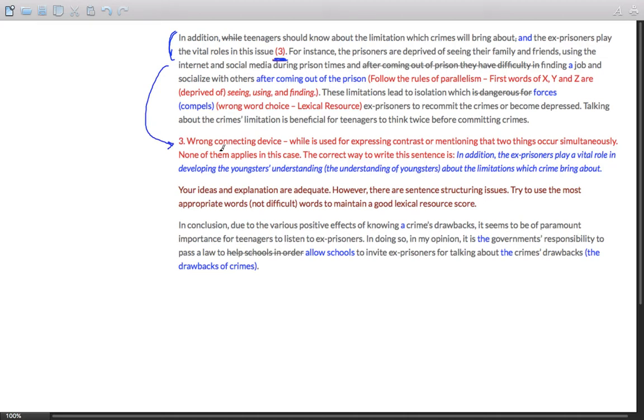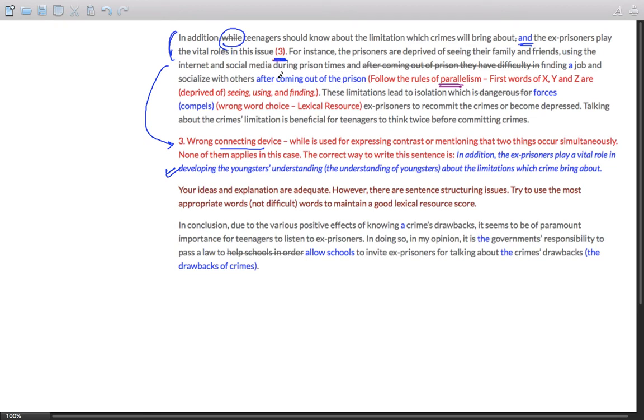Number 3, it's a wrong connecting device. There is no contrast or simultaneous activity going on that necessitates the use of while. So it's better to use and, and still there's a better sentence structuring available, and I have discussed it over here. Okay, just go through it. And again there's a lexical resource issue. Before that there's a parallelism issue, there's a violation of parallelism, and this is a grammar issue, as I have